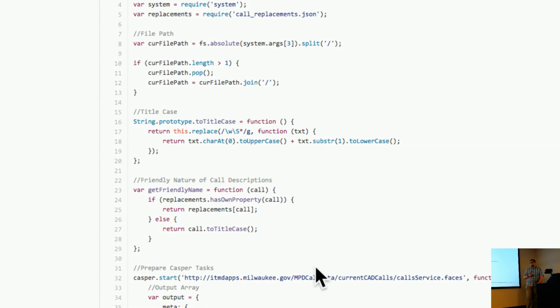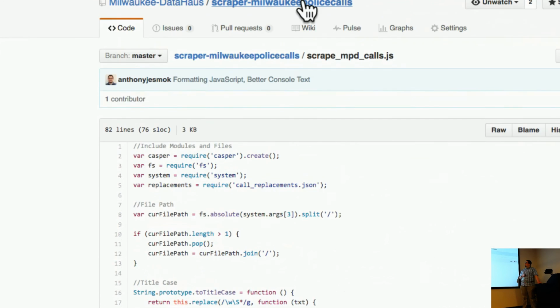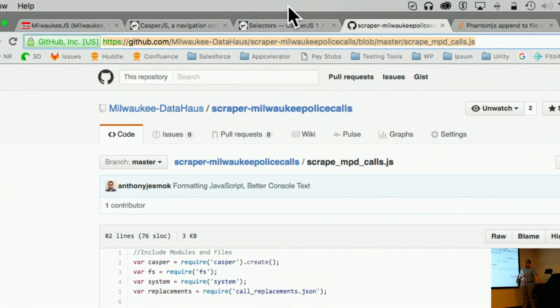So many people use a service like Jenkins or otherwise to make that happen. Question: how do you deal with an automated thing like this if you get a 400 or a 404, a 503, some sort of error on the page? Can you handle that? So PhantomJS, I believe, can handle these errors for you. You can get the HTTP code back, and then you can go from there.